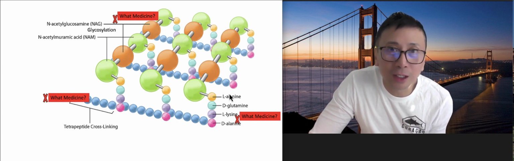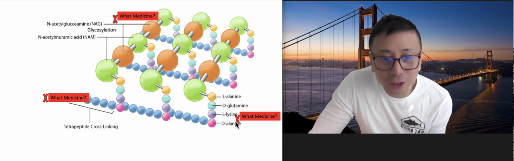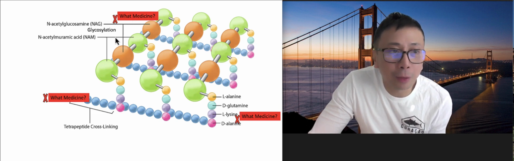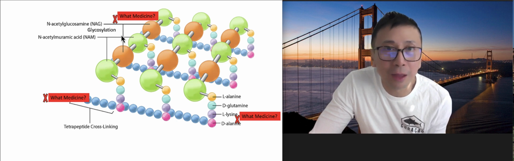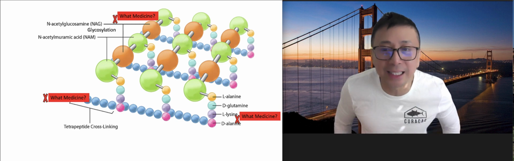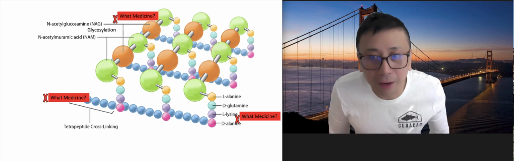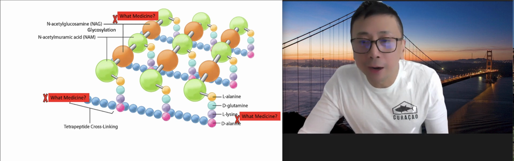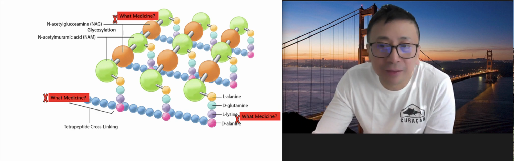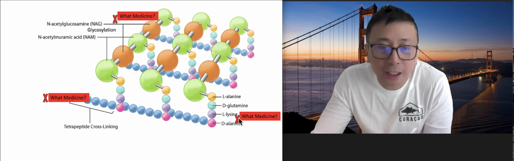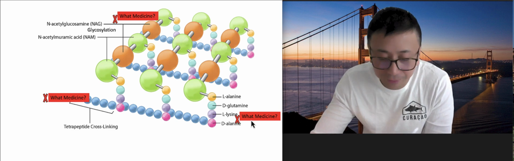So this is your cycloserine medication. And here, you want to prevent the glycosylation process. You want to give them the vancomycin, right? So vancomycin, the beta-lactam antibiotics, your bacitracin from your BPP, and here is your cycloserine. Okay,